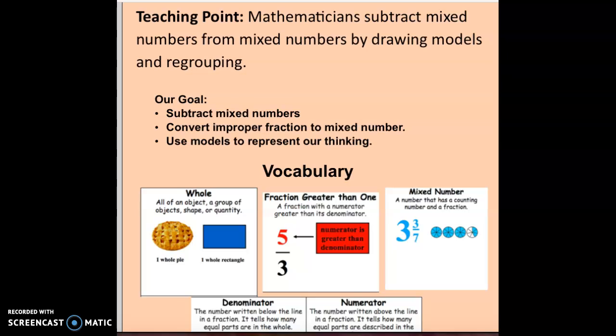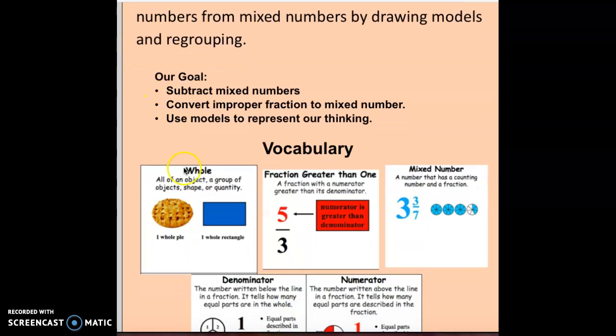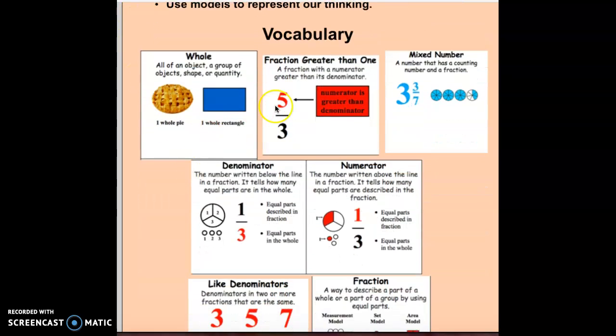So today we're going to get into our third lesson, lessons 32 and 33. The teaching point today is mathematicians subtract mixed numbers from mixed numbers by drawing models and regrouping. So our goal for today is we want to subtract mixed numbers. We want to be able to convert improper fractions to mixed numbers and use models to represent our thinking. Some vocabulary that we want to keep in mind include whole numbers, fractions greater than 1, which is also